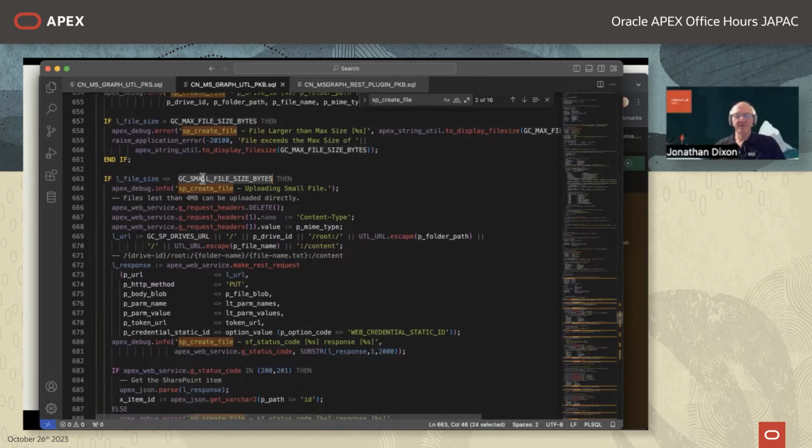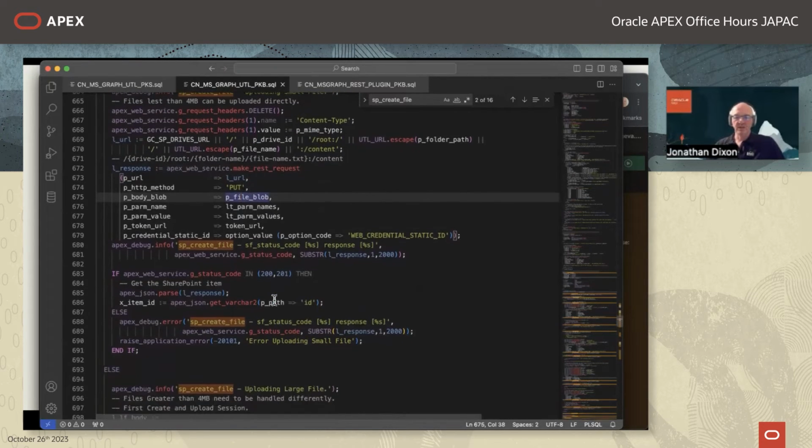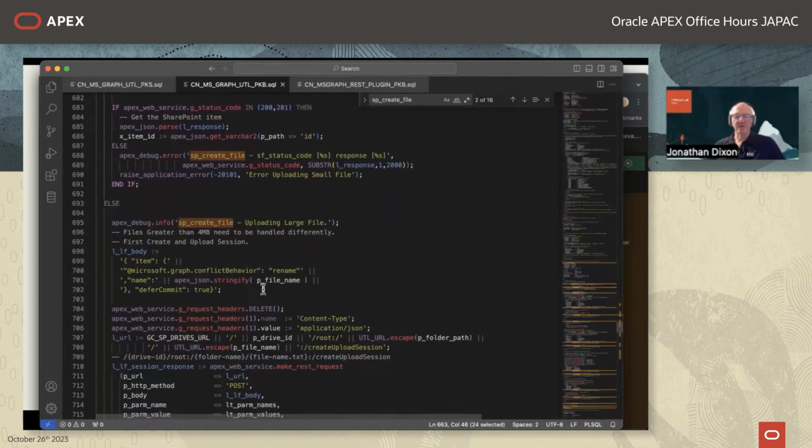But if the file is smaller than that 4 megabyte size, then I can call an API directly to post that file and just use Apex Web Service, make a REST request and put that blob, pass the p_body_blob, put that blob directly to SharePoint. It will, just like when you're using SharePoint yourself, if your file's already there, it'll overwrite it. But then if the file's bigger than 4 megabytes, in this case, that's what that global represents, then you have to create an upload session. So there is some information you have to pass in the payload to tell it basically the information about the file name,